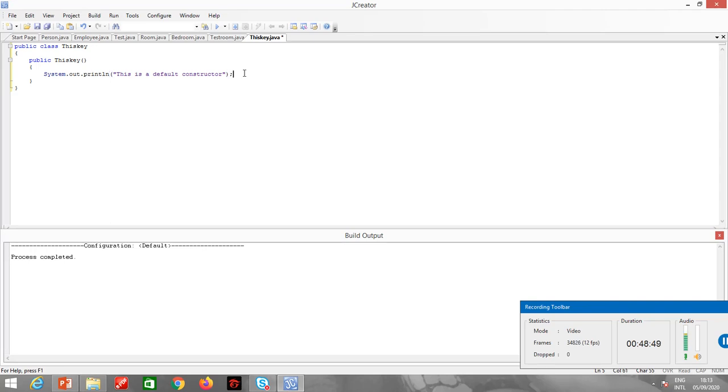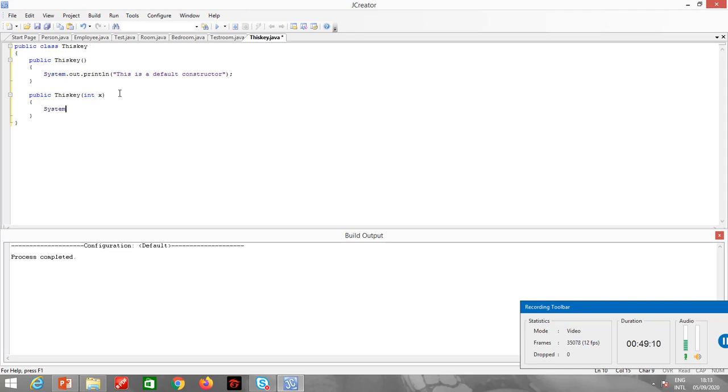Okay, now I make a constructor with one parameter, public ThisKey(int x).